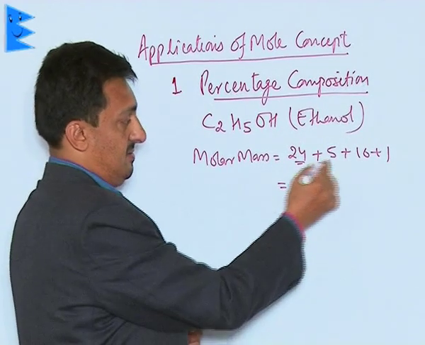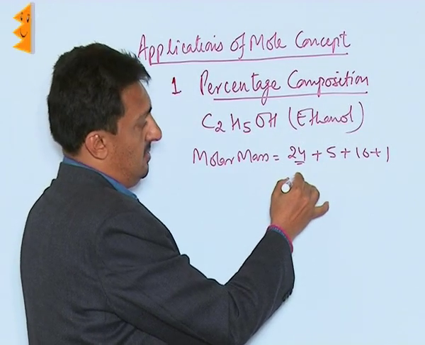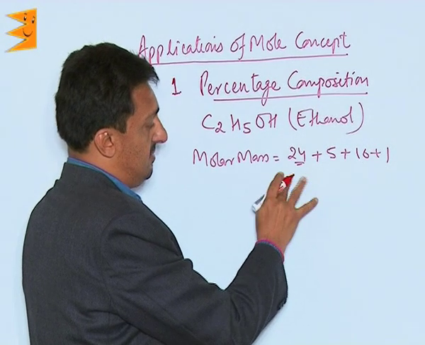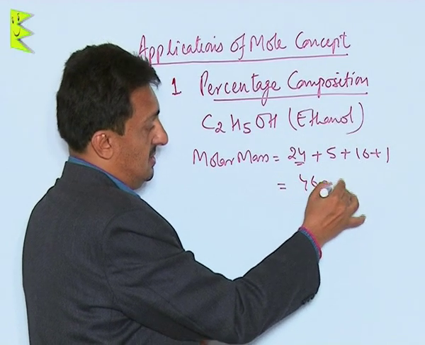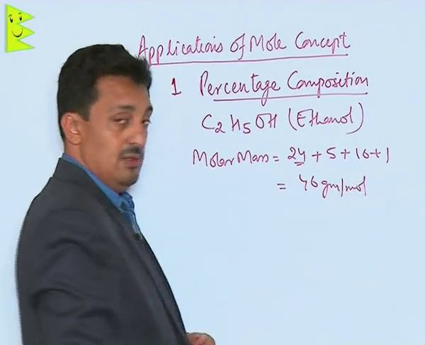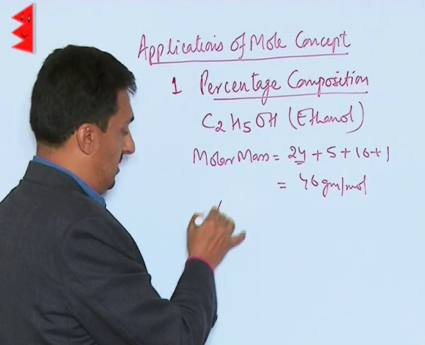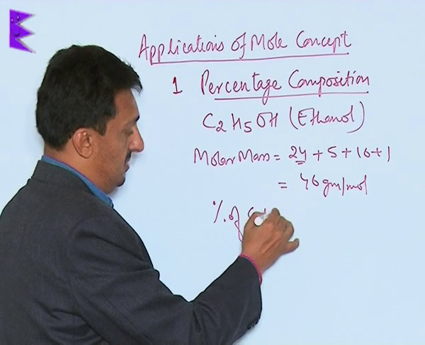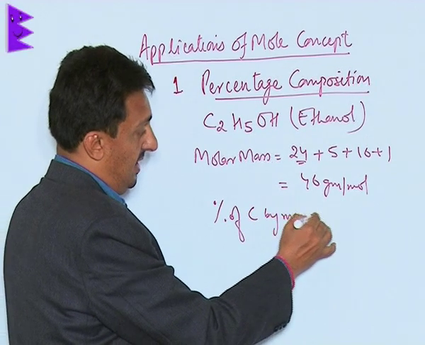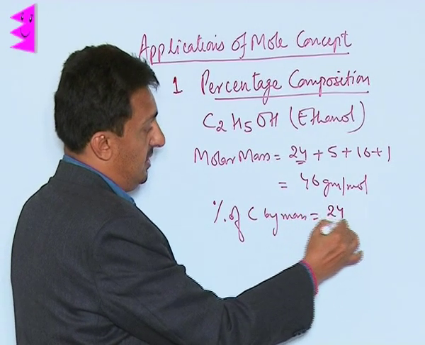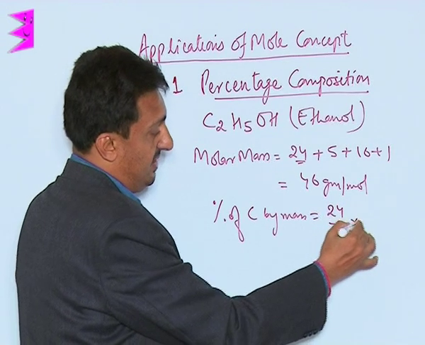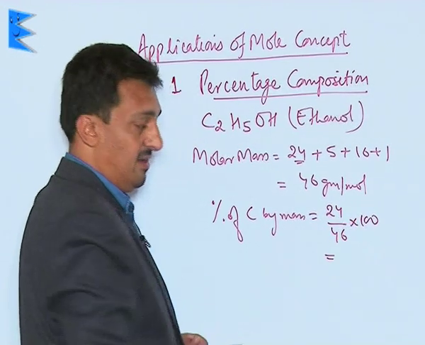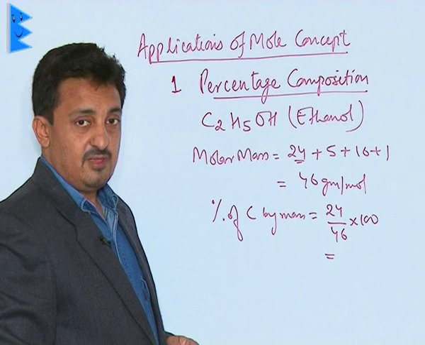This makes it 46 grams per mole. Therefore, the percentage of carbon by mass will be 24 by 46 into 100, which comes out to be nearly